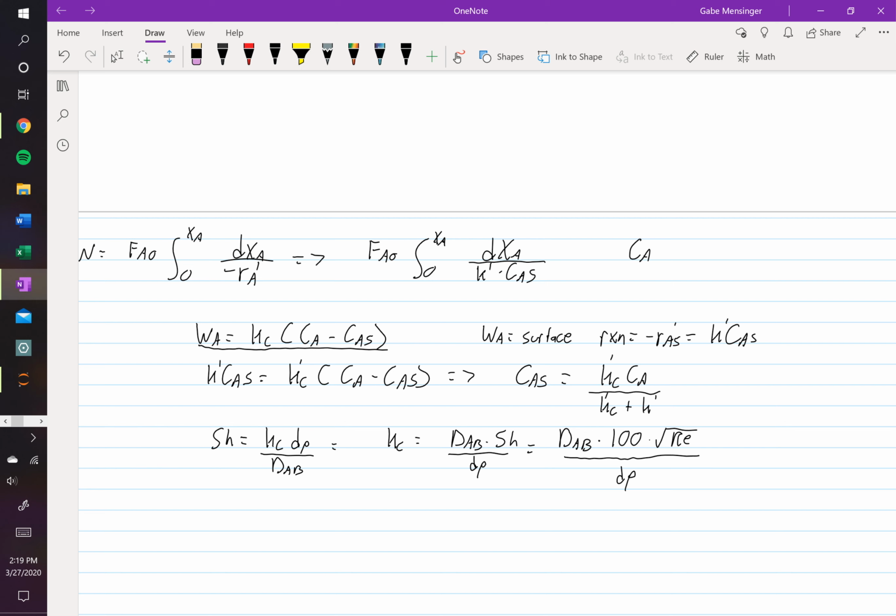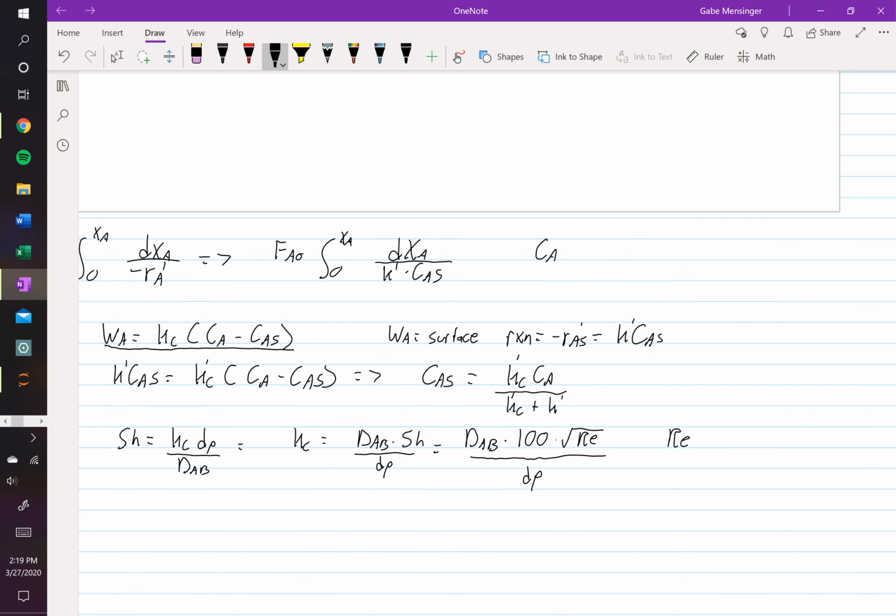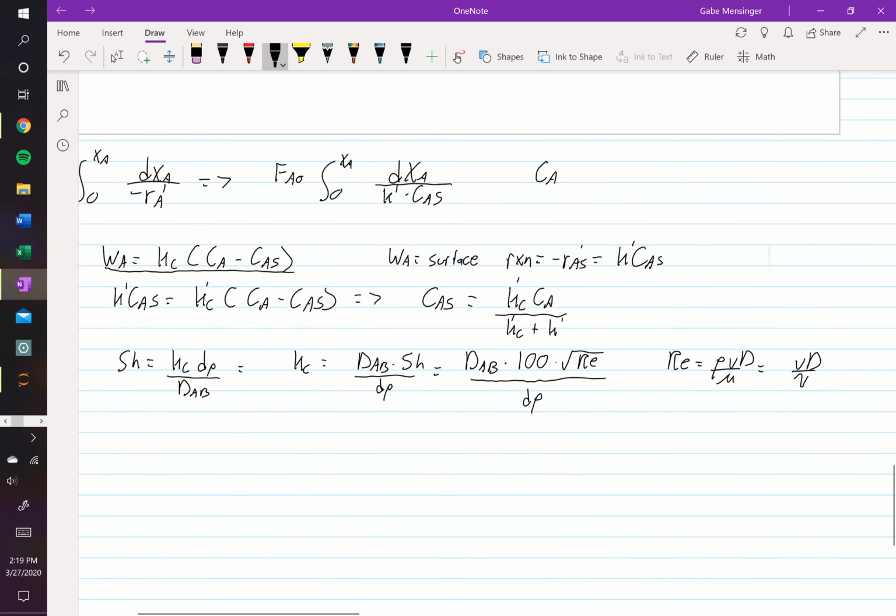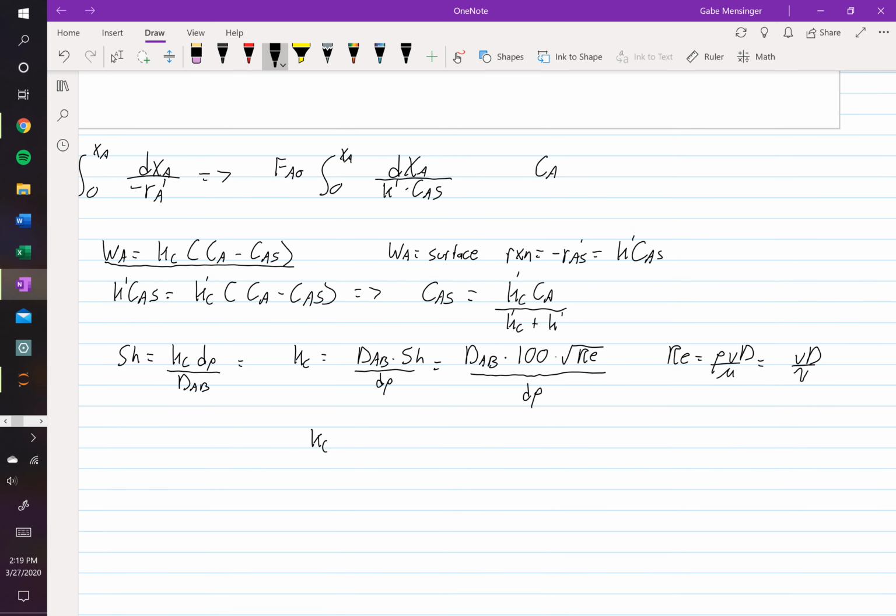So this is how you can get Kc. And if you'll remember, the Reynolds number is equal to rho Vd over mu. Or substituting in for the kinematic viscosity, we'll have Vd over nu. Let's say we find the Reynolds number, and now we need to get Kc prime from Kc. So Kc prime is equal to Kc